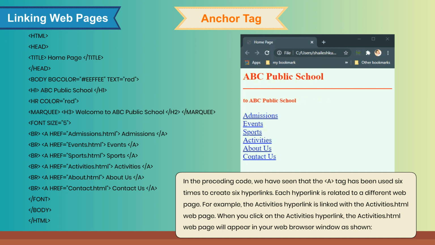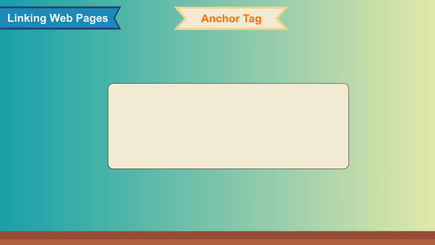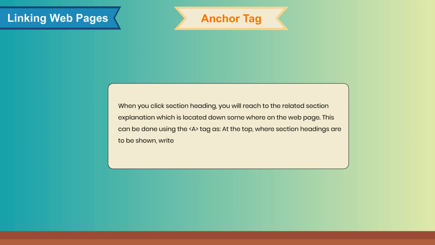When you click on the activities hyperlink, the activities.html web page will appear in your web browser window as shown. The code to create the activities.html web page is as follows. In internal linking, the hyperlink points to a specific section within the same document or web page. This is helpful especially when a long web page is divided into various sections and a list of all section headings is displayed on the top of the web page. When you click a section heading, you will reach the related section explanation, which is located down somewhere on the